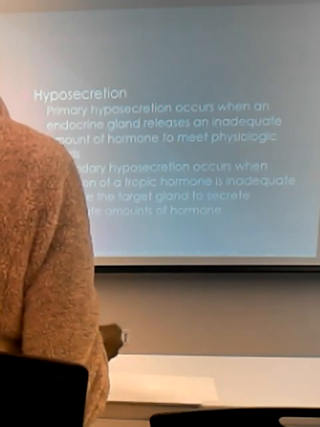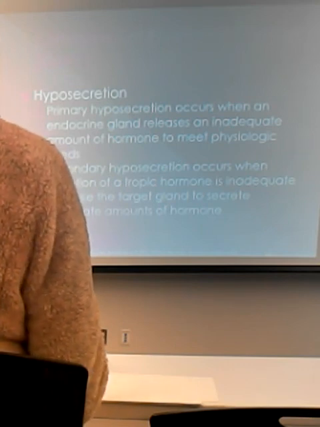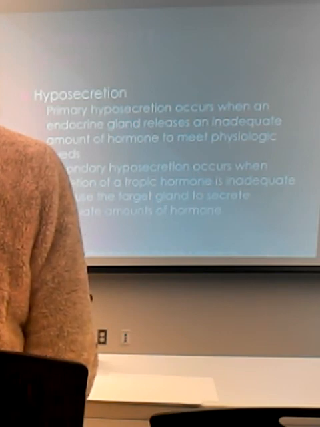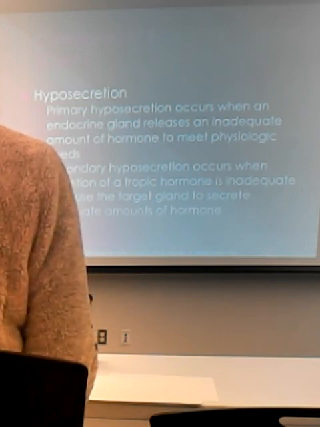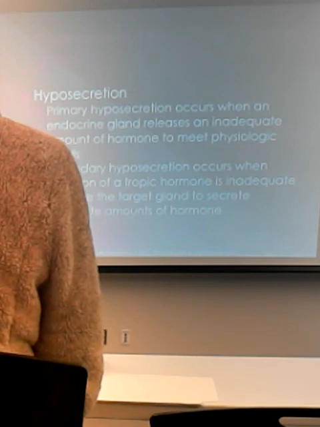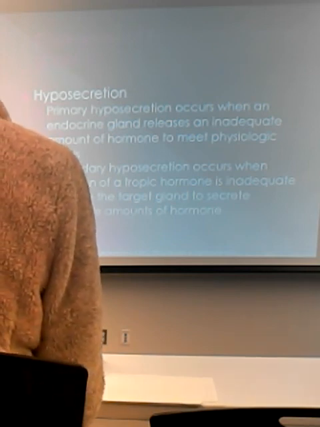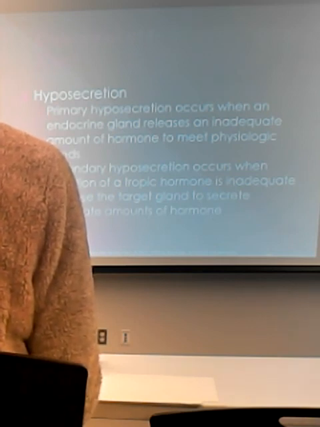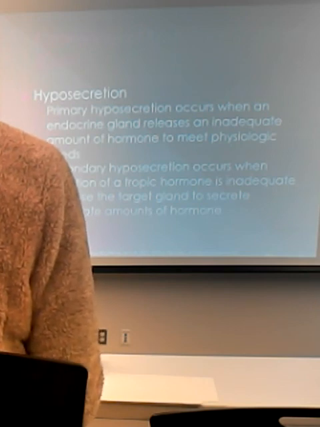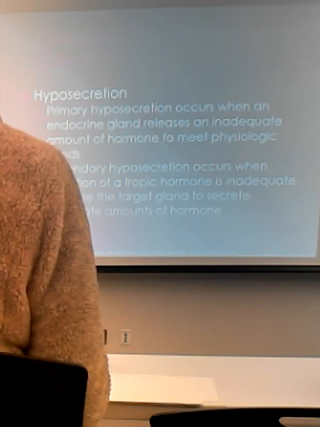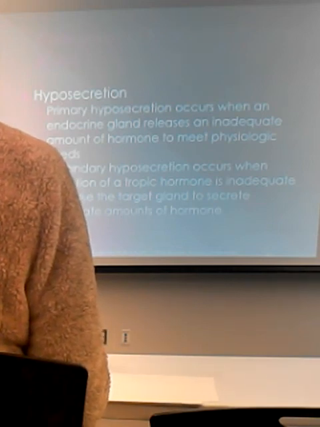So, what if it's primary hyposecretion? What do we say primary is? Level of the target gland. So if there's a primary hyposecretion thyroid problem, it means the thyroid isn't releasing enough T3 or T4. The problem's at the level of the thyroid itself. Does that make sense? What about secondary? Secondary problem means usually it's an anterior pituitary problem. There are a couple exceptions which say that it's a hypothalamic problem. Bottom line is, it's not the target organ, it's up in the brain. Make sense? Okay.